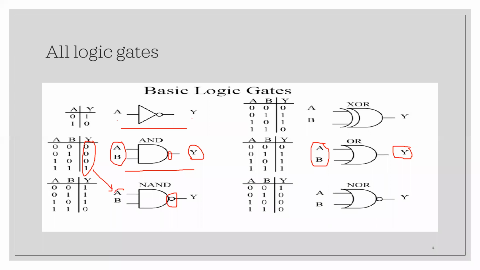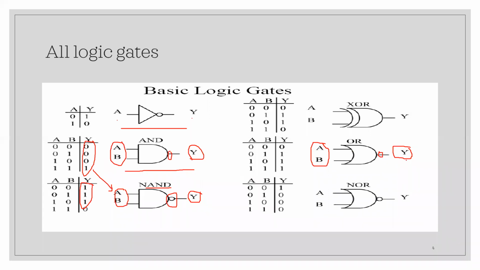What it implies is, if any of the inputs to the NAND gate or both the inputs to the NAND gate, here it is a 2-input gate, you can have 4 inputs, any number can be there, so if any of the inputs is logically 0 to the NAND gate, then the output will be high. That is what is represented here, or else the output will be low. Similarly for the NOR gate, it is nothing but the OR gate with the output negated. That is what the bubble represents.